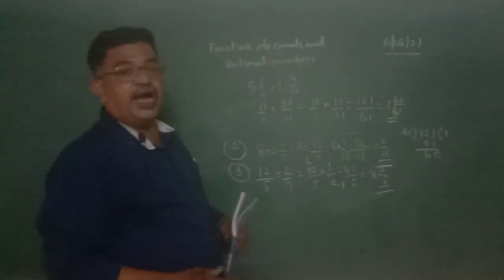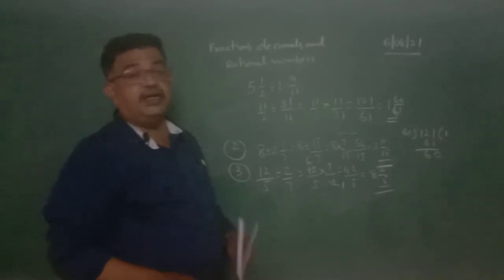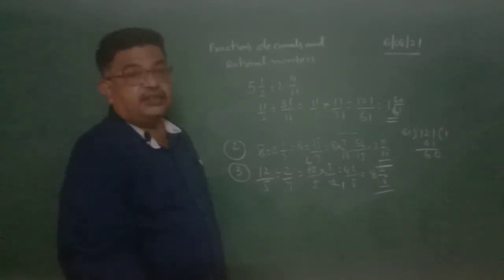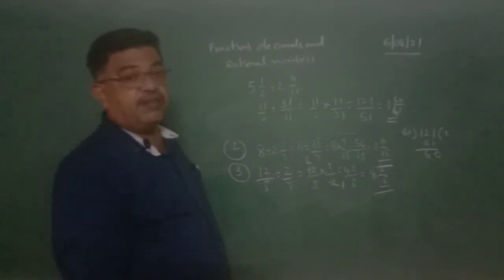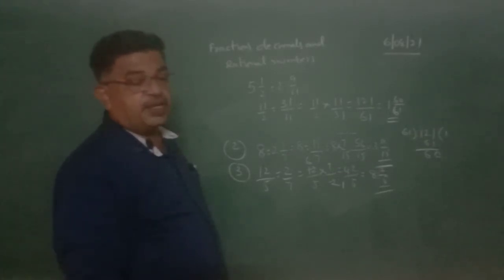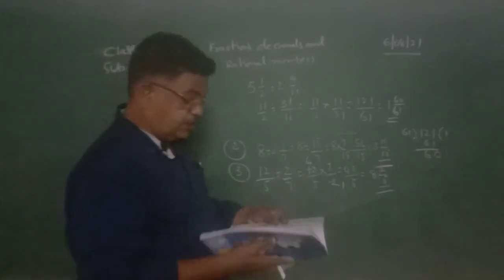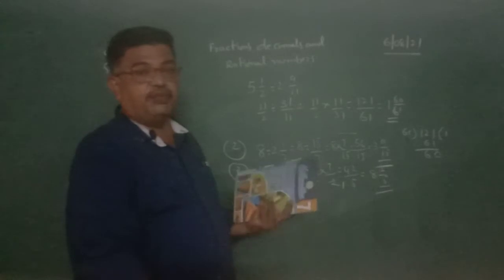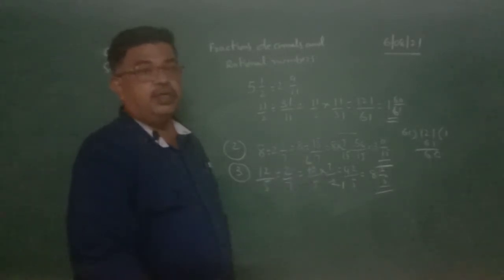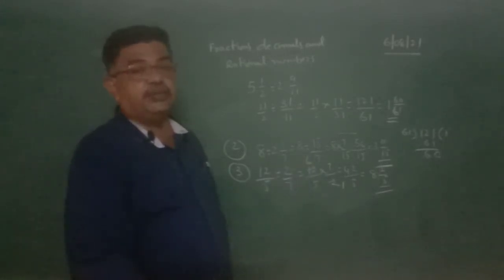This is how we added, subtracted, multiplied and divided fractions. Already I mentioned, we all learned about addition, subtraction, multiplication and division of fractions. So this is why it is given under review exercise. All these problems are given under review exercise. Textbooks are available in school, so all the students must purchase the material from the school so that you can understand the subject well.